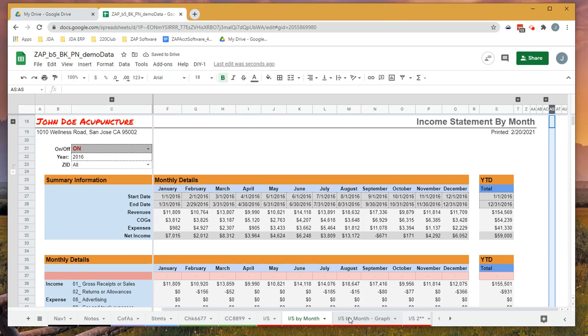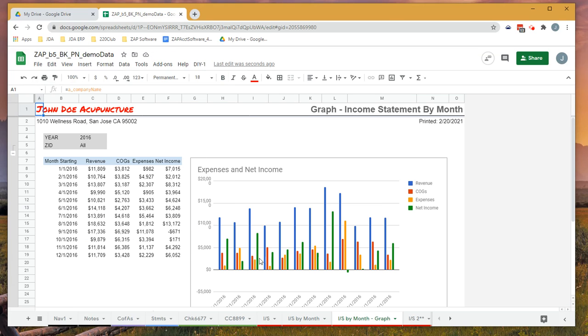This is good stuff. And then we got the income statement by month graph. This graph is just here to remind you that you can build any graph that you want to do, so that you're not limited to this. You could build 50 graphs if you wanted to. But this gives you an idea. This is pulling from this data. This hopefully is a template to give you an idea of how you might integrate graphs in here if you